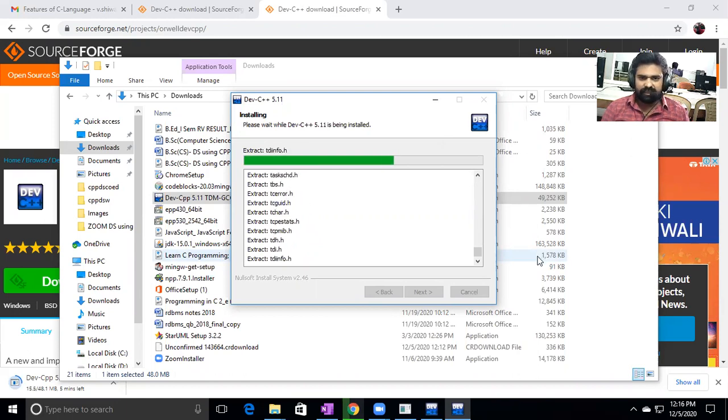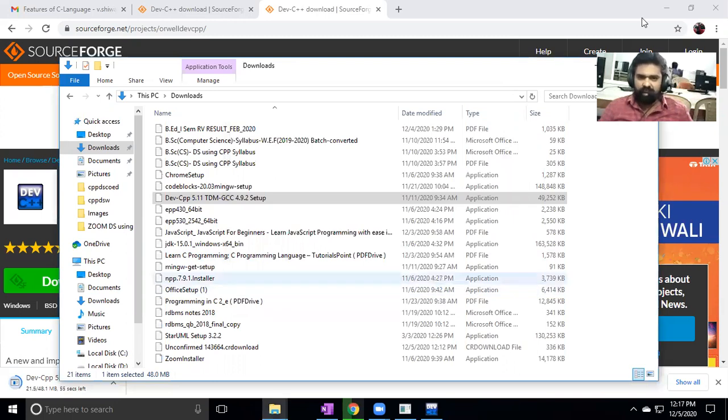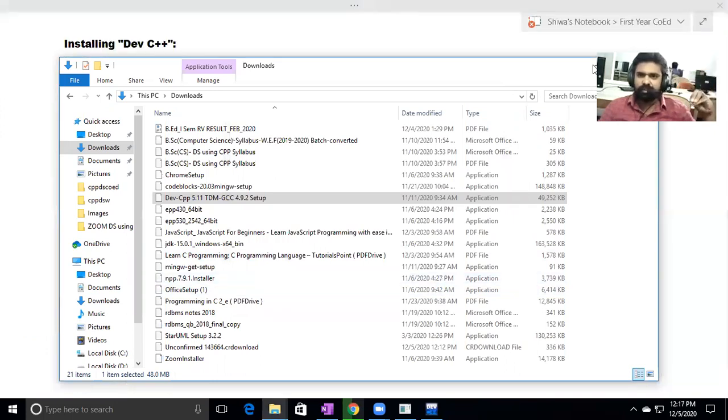Like this we can install the software. Then click on finish.